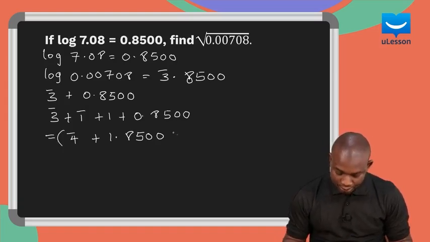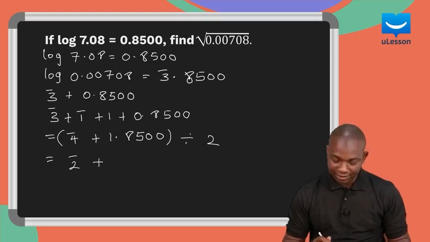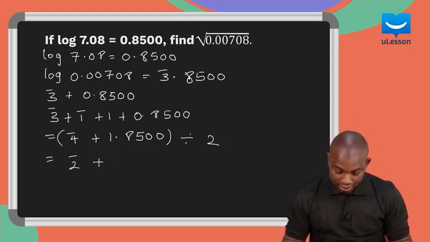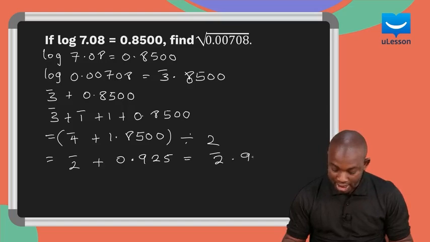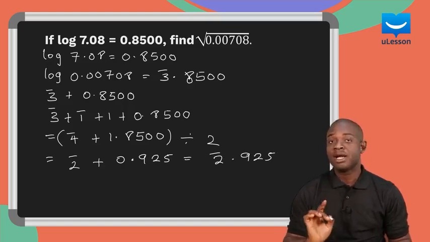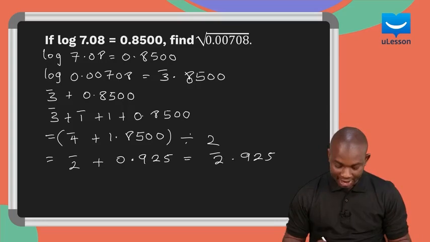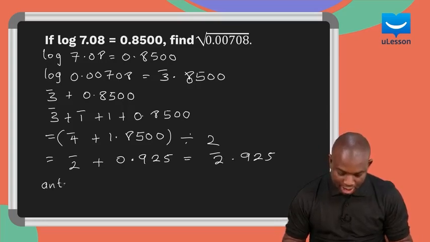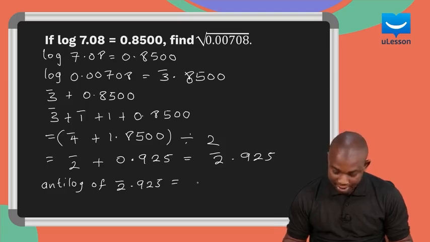Now, bar 4 divided by 2 gives us bar 2 plus 1.8500 divided by 2 gives us 0.925. Therefore, the result of the division is bar 2.925. And finally, we take the antilog of this number. So again, we go to the antilog table and we begin by looking for 0.92 under 5. And when we do that, we have